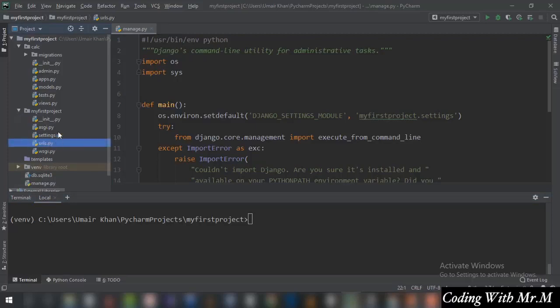This urls.py is for my first project, not for this application. You might be thinking that this app is a part of my first project, so why do we need two URLs? This is because the project can have multiple apps, and in future tutorials you will encounter scenarios in which you will be creating two apps. So both the apps need to have